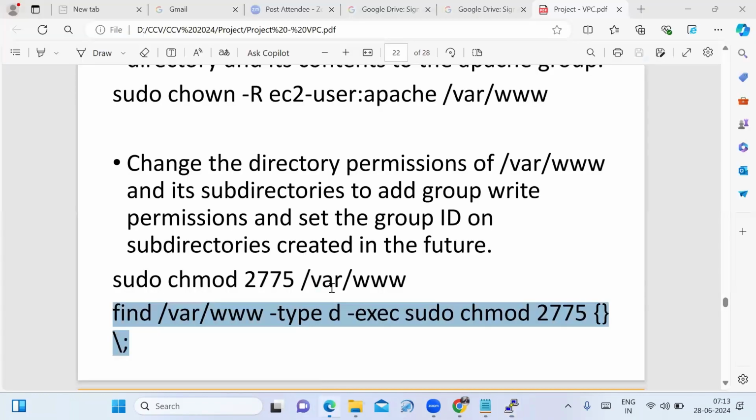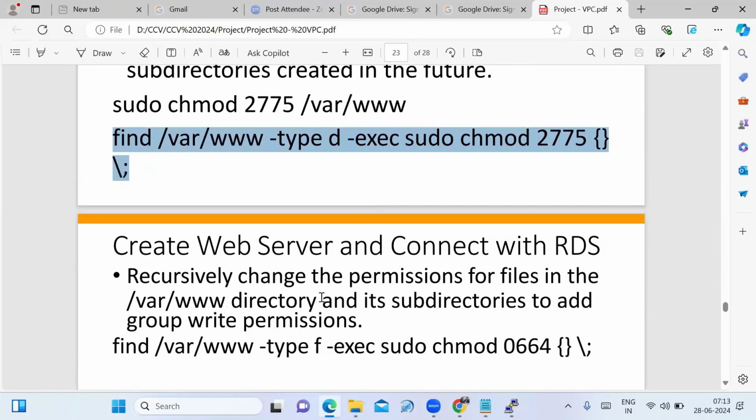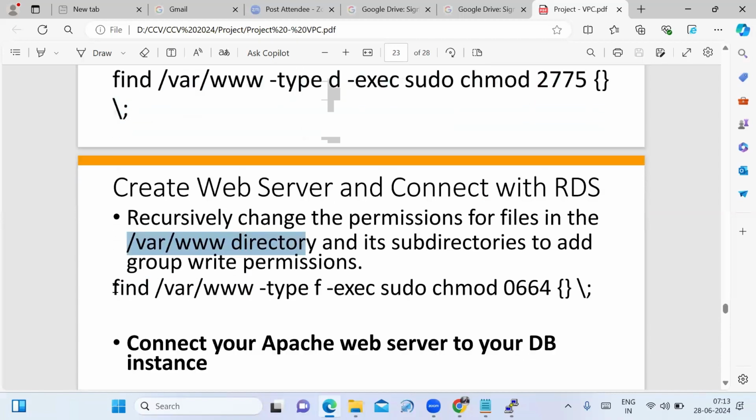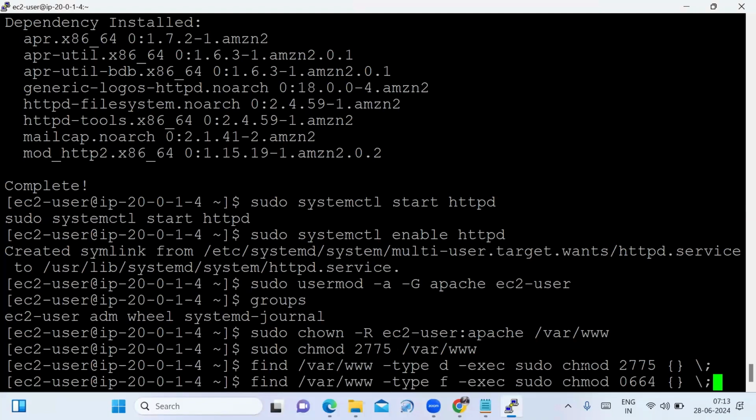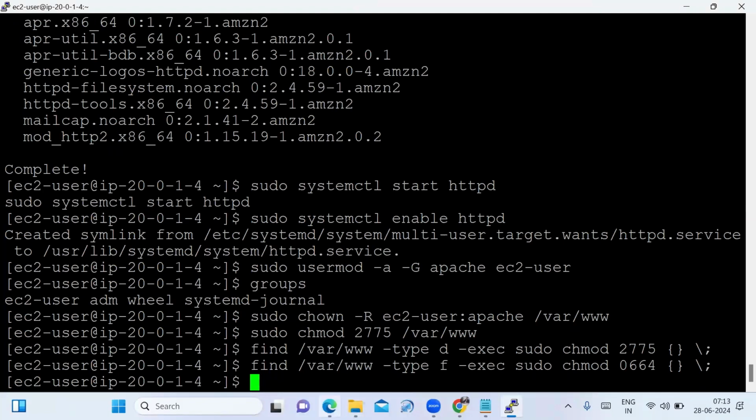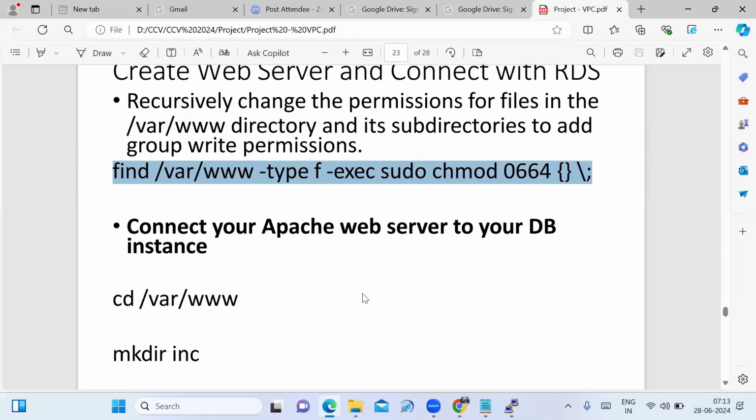Now, what I am doing is, I can recursively change the permissions of the files in this directory. Again, I am typing this one here in PuTTY. Fine. Next. Now, connect your Apache web server,